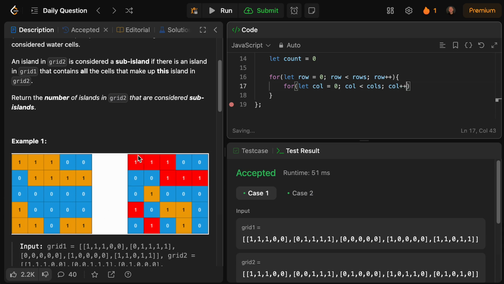So we're going to go 0,0, 0,1, 0,2, 0,3, 0,4, and then we'll break out. Then we'll come back here, we'll increase row, we'll go 1,0, 1,1, 1,2, 1,3, 1,4, etc. Making sure that we hit every element in our matrix. So we're going to do this, and then we're going to say if our grid 2 at our row column,